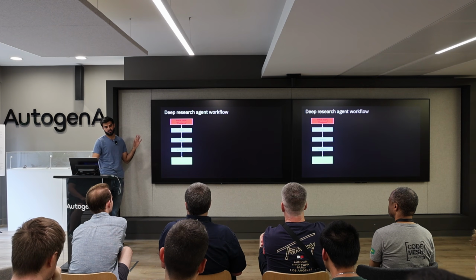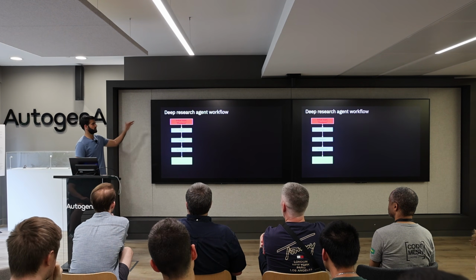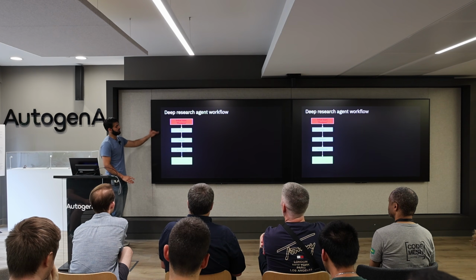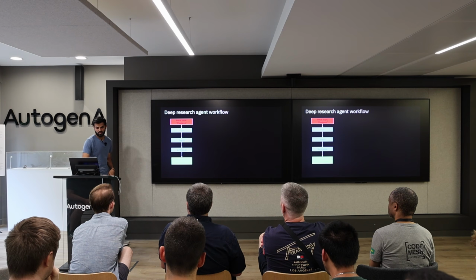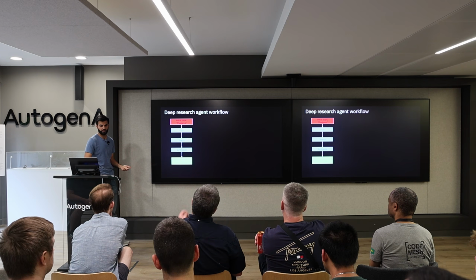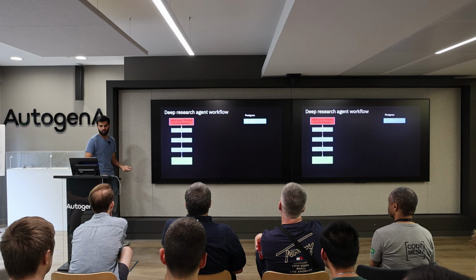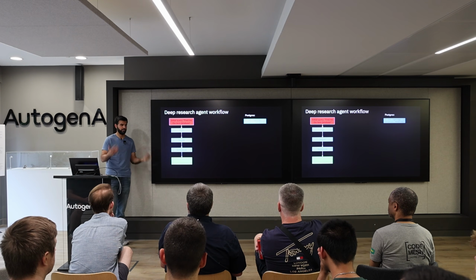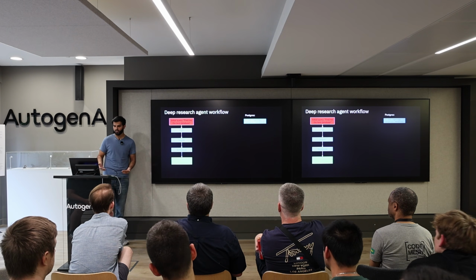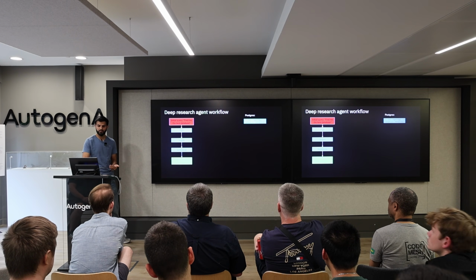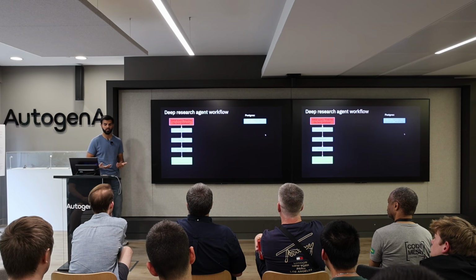So let's go through it. We've got a standard workflow, in this case a deep research agent. You've got these steps, and if I was running this workflow using DBOS, what would happen is when someone starts the workflow, we checkpoint the database. So if I type in find me the best database, we checkpoint in the database that there's a workflow that has been started with a pending status, that it's working now with an ID.